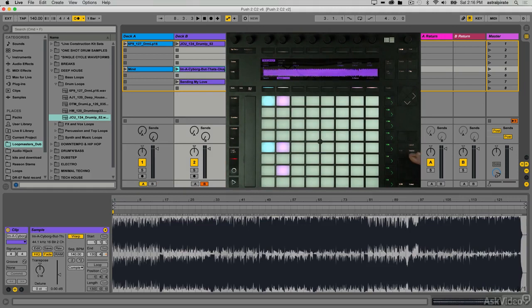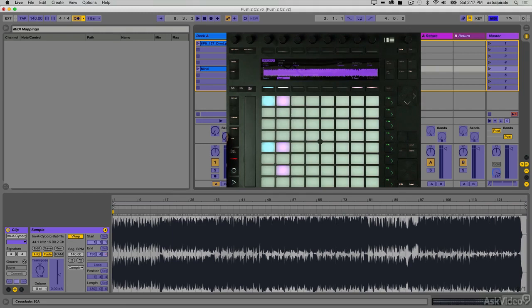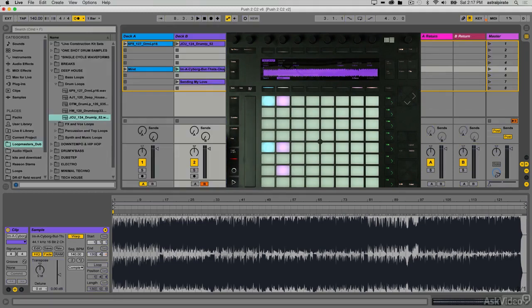I'm in the session mode right now, and in the session mode, our touch strip over here, believe it or not, doesn't do anything. I could try to MIDI map the touch strip here, but if I go into my MIDI map mode, and I click on the center of my crossfader, this is the thing that I want to MIDI map. If I touch the touch strip, it doesn't do anything. So this is one area where we're going to have to get a little bit creative with how we use